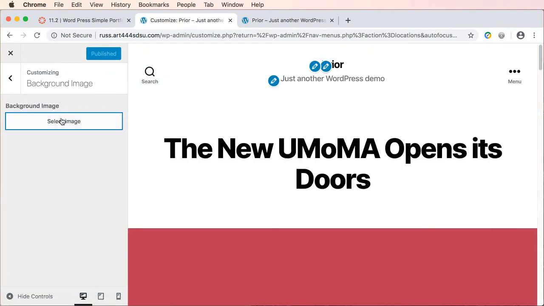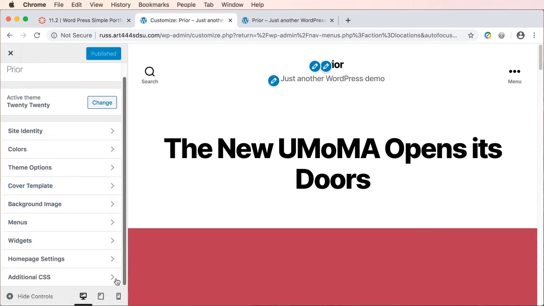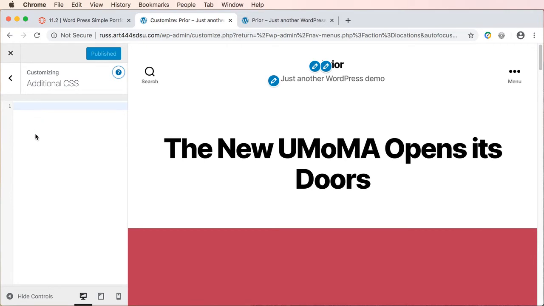This is where you would set an overall background image. Okay, so if you want a big background image, and let's exit. Oh, let's see if it's down here, additional CSS. I forgot to go down to this one. So when you want to modify your theme, you'll go to additional CSS, okay, and you will just write your